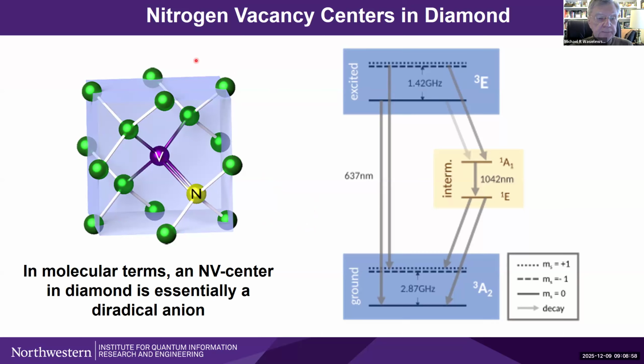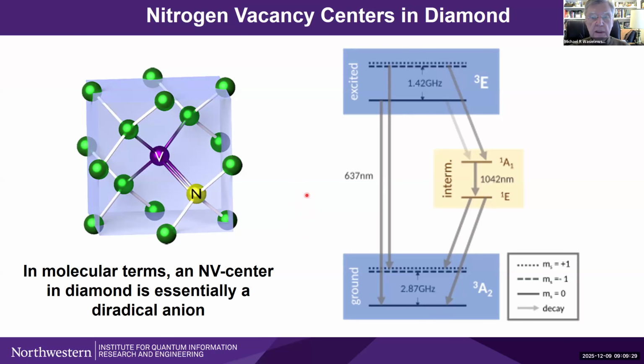And so consequently, what one does is you have essentially a shotgun effect of putting these every which way, every depth within the diamond. For sensing, you want something close to the surface, which then is more sensitive to the environment. But of course, then things like their coherence time degrades if it's too close to the surface. But if they're buried too deep, they're perfectly protected and they don't sense anything. So this is an ongoing problem.